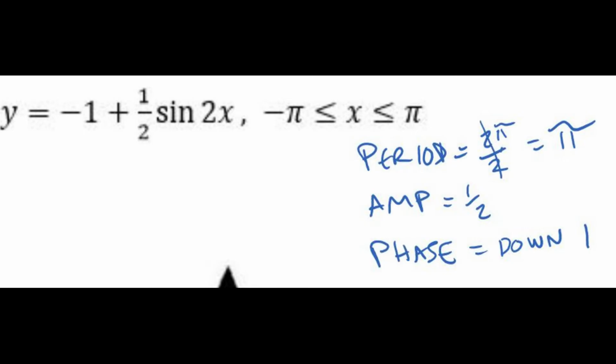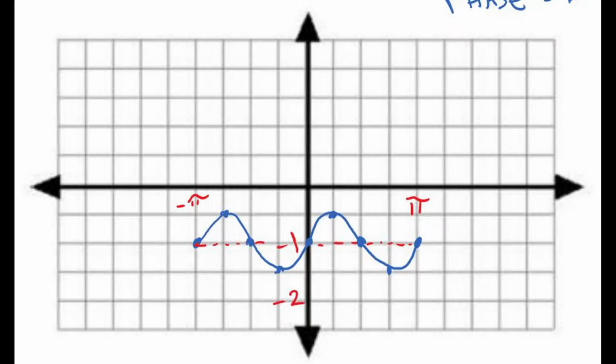So first thing we do is move the whole graph down. Well, we got to figure out what we're counting by. So on the y-axis, I just counted by halves. So I could figure out the half amplitude. It wouldn't be in between. So I counted by halves. So I shift the whole thing down 1, and then